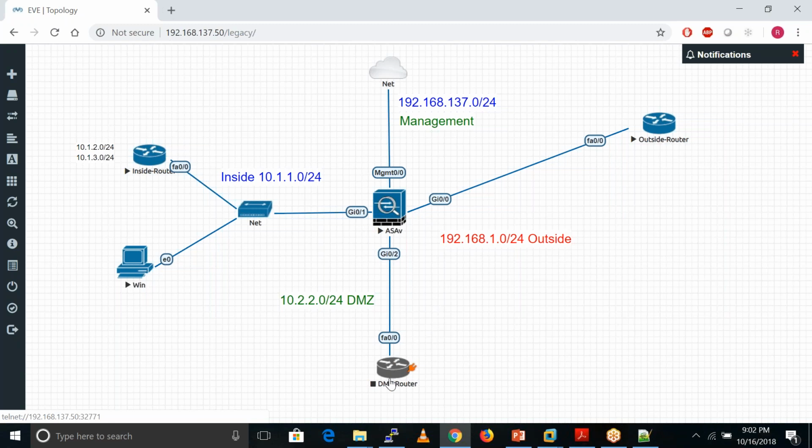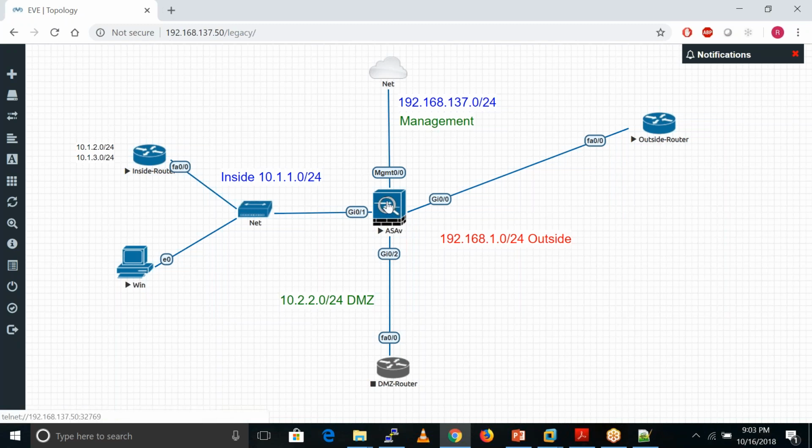By default the ASA drops all the DHCP requests, so for that we need to configure it: we make this firewall a DHCP relay agent. Then only it passes these requests towards the DHCP server.